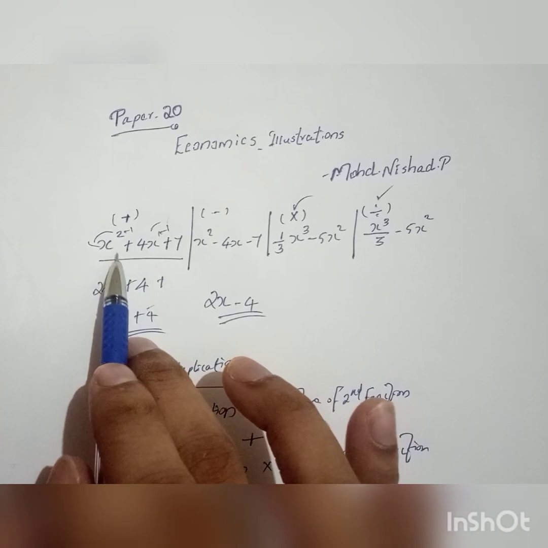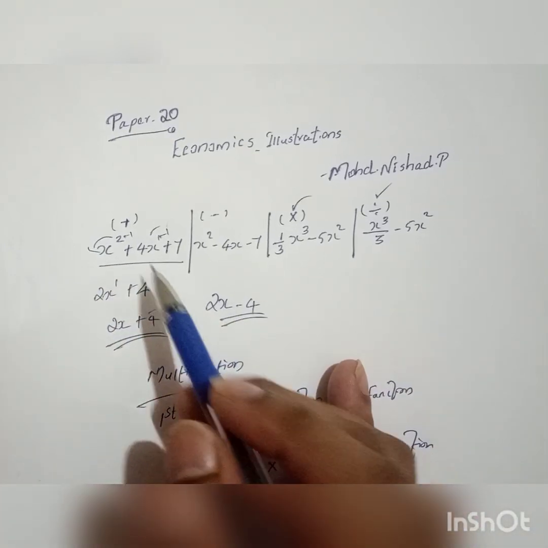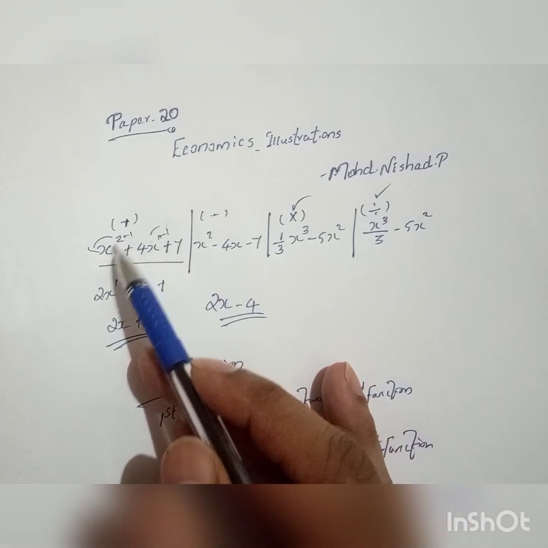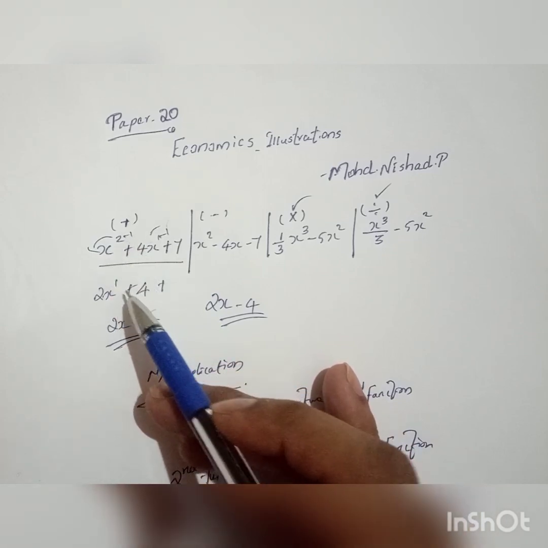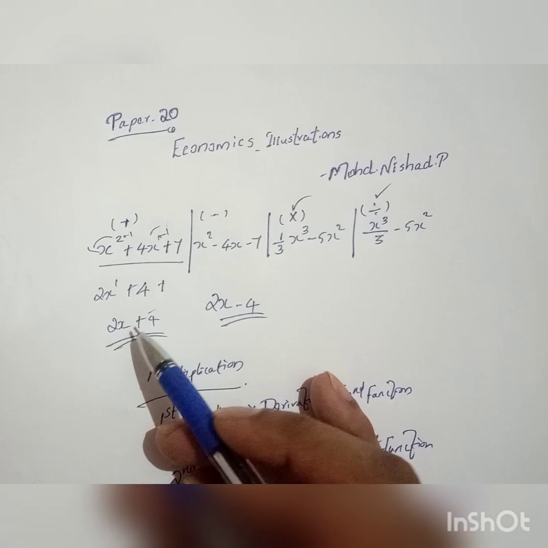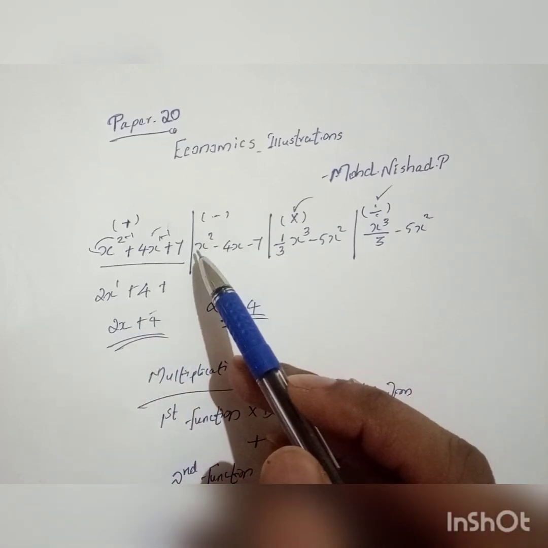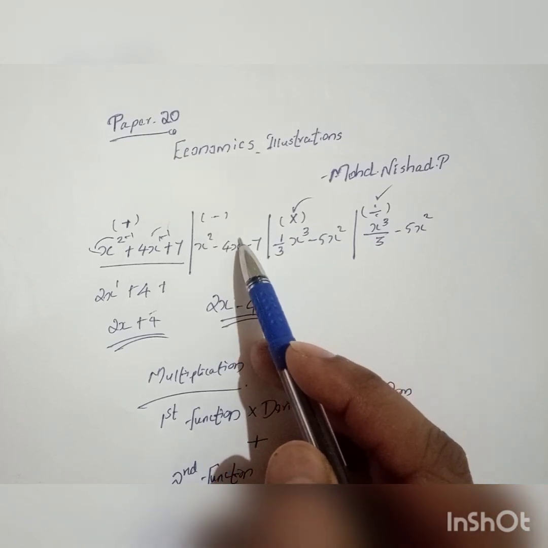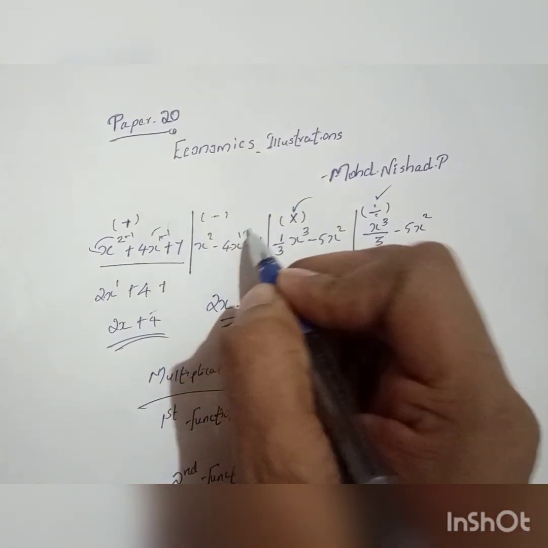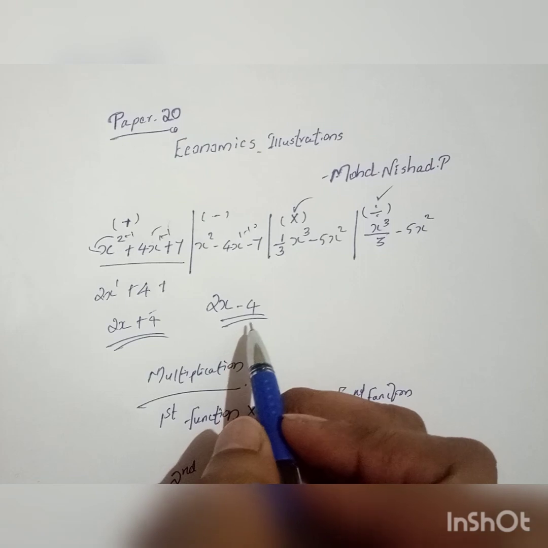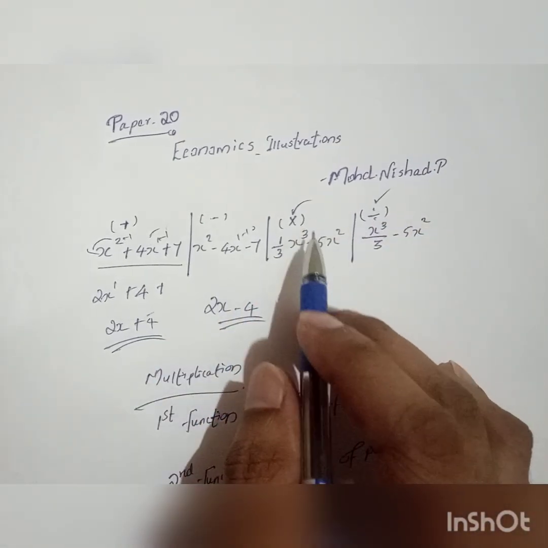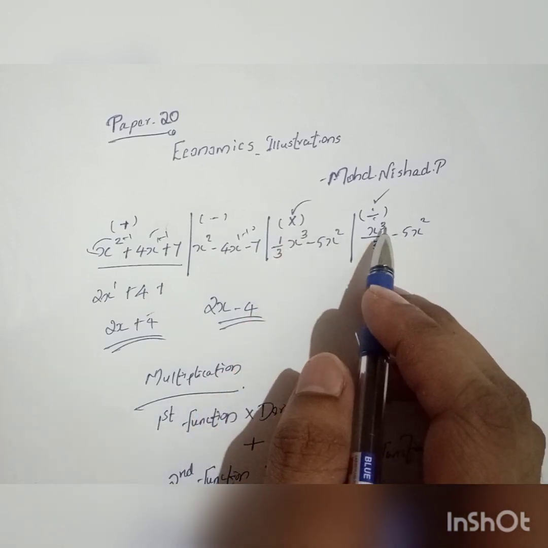This problem we have already done in the last video, which is x square plus 4x plus 7, which is 2x, 1 minus 1 then 0, 4x which is 4, 2x plus 4. Same here also, 2 into x, 2x minus 1 into 4, 4, then x raised to 1 minus 1, which is 0, that is 4, 2x minus 4. This we have already done in the last video, right? Perfect. Then next we'll be moving into multiplication, then division.